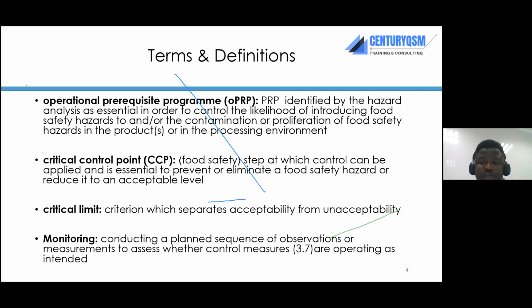For example, if you are familiar with filling machines in bottling companies, there's what you call bottle burst, which naturally happens around the filling machine. So there are what you call intervalve guards. These intervalve guards are placed in case there's a bottle burst, so the cracks will not spill into the finished product. So the intervalve guard itself or the filling machine is a critical control point, because if there's a failure at that point, you have glass fragments in your